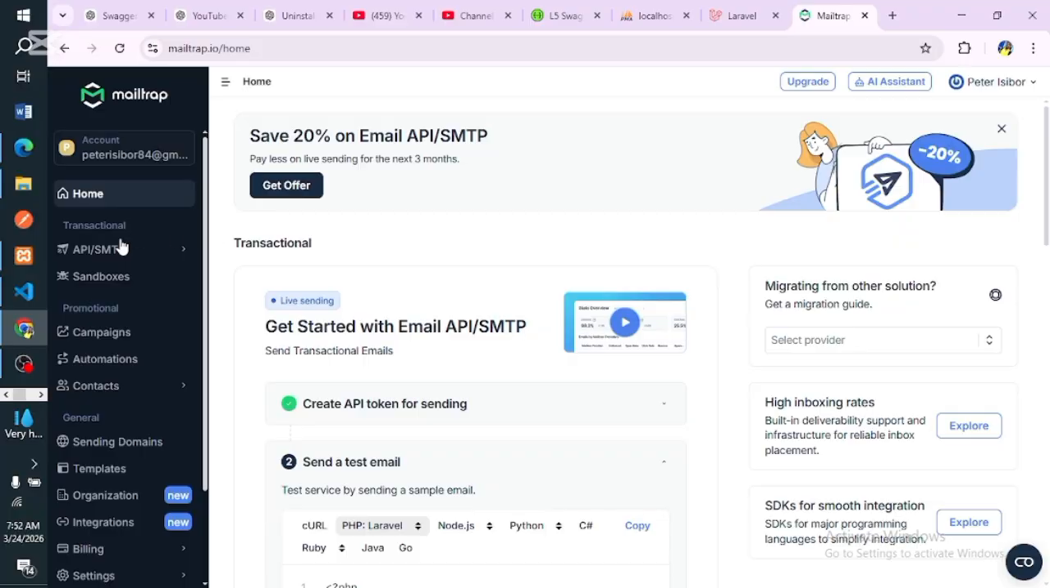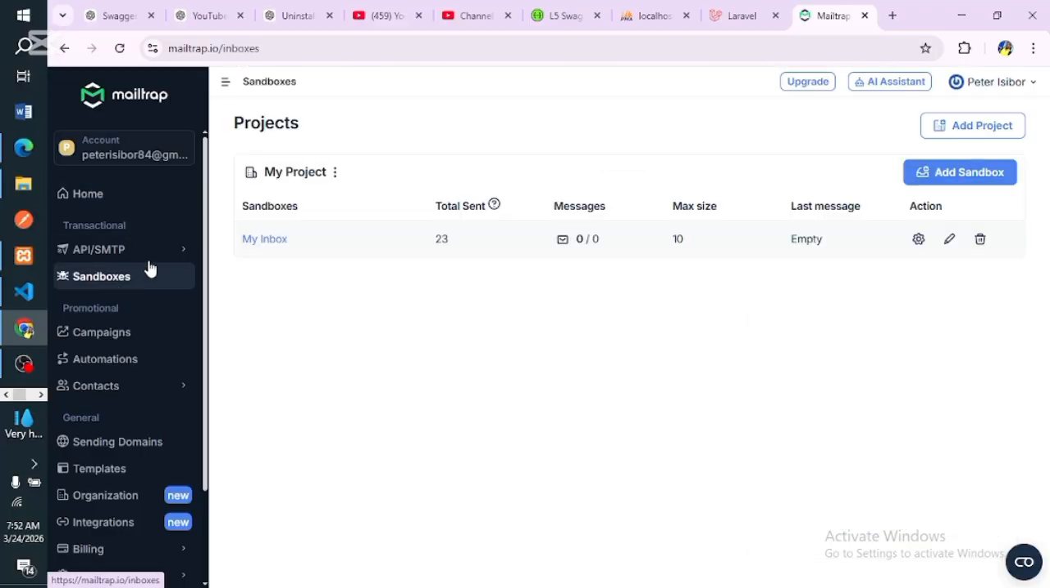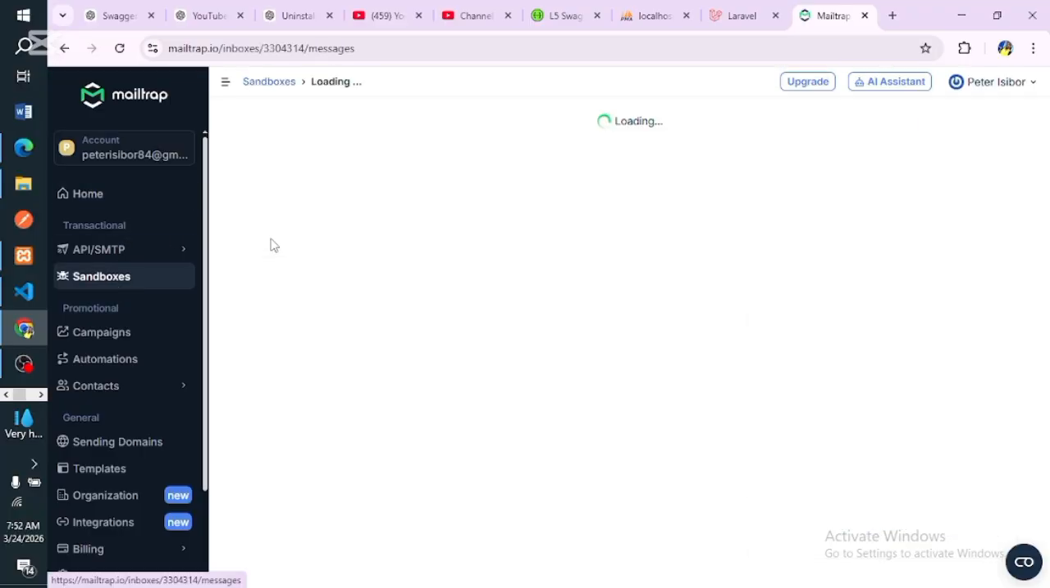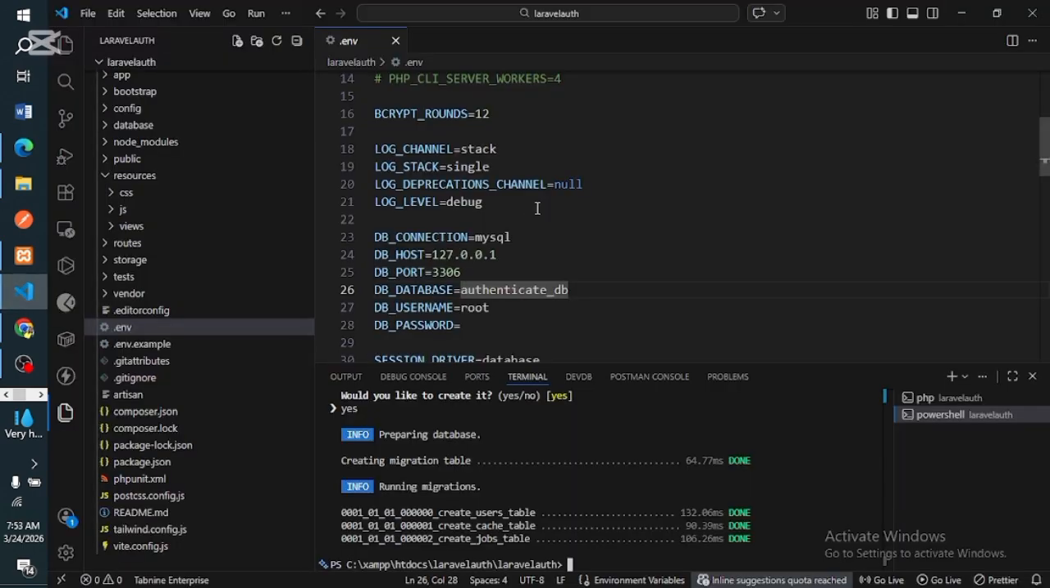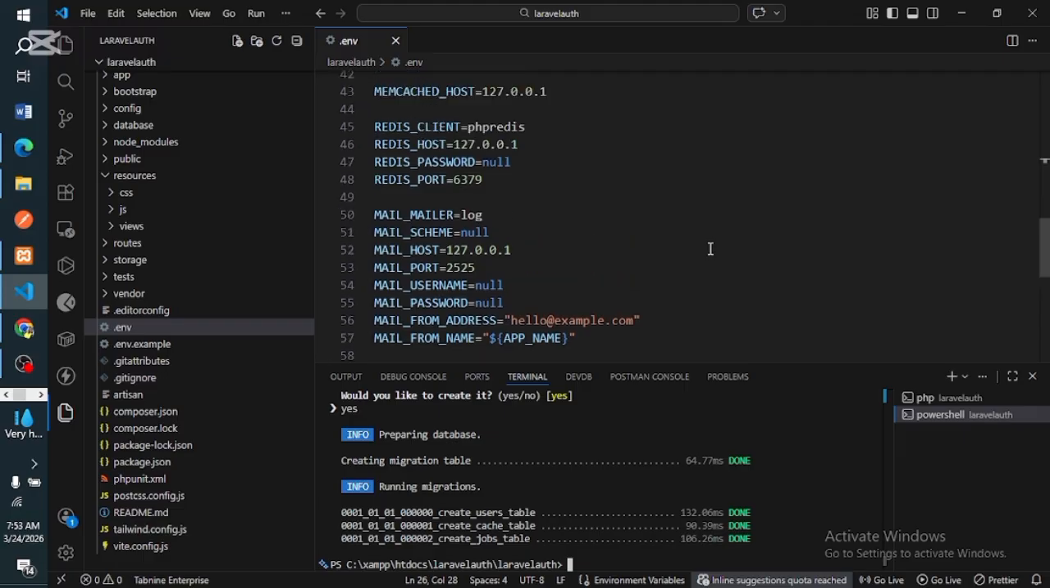So I will come here and click on sandboxes, then click on my inbox. Currently, I don't have any mail. These are my credentials: the host, the port, username, the password, and the auth. I'm going to populate my .env environment variable with them. If you go to your .env, under the mail section, you put the host here. Change this 127 with this